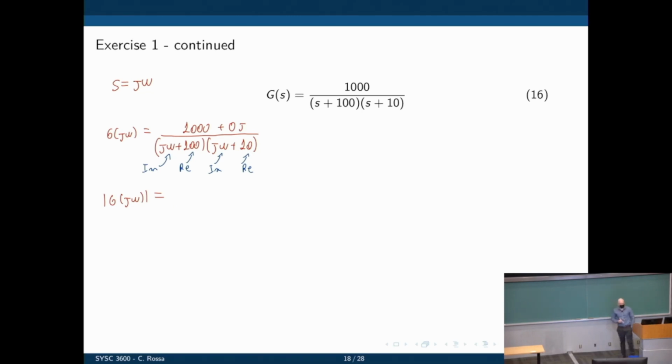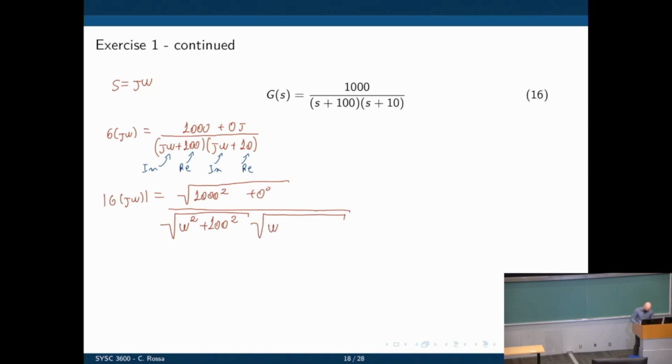So on the top there we have the square root of the real part squared plus the imaginary part squared, 0, divided by the magnitude of each pole, which is the square root of the imaginary part squared plus the real part squared. And for the second one it is the same, square root of the imaginary part squared, omega, plus real part squared,